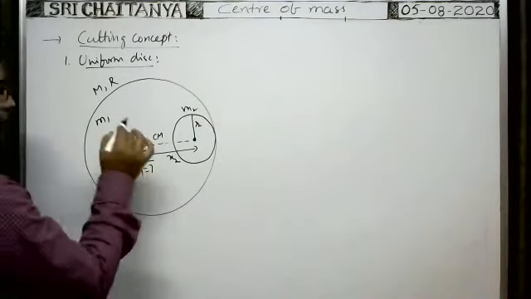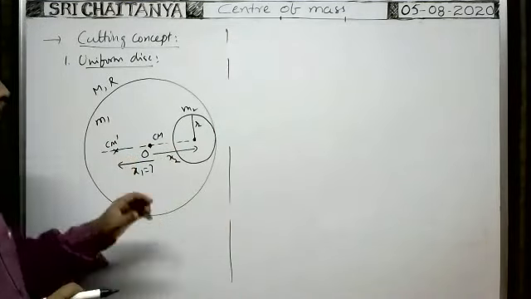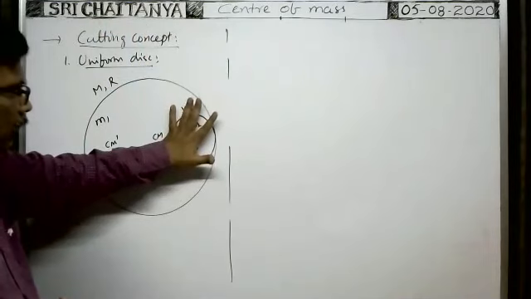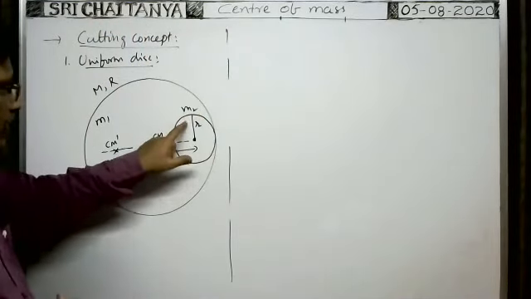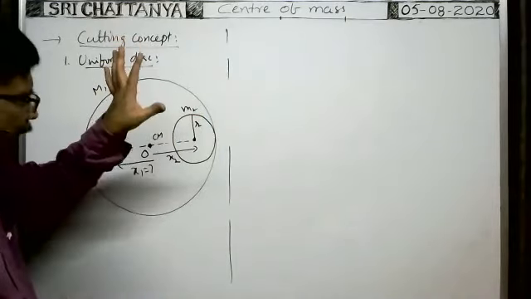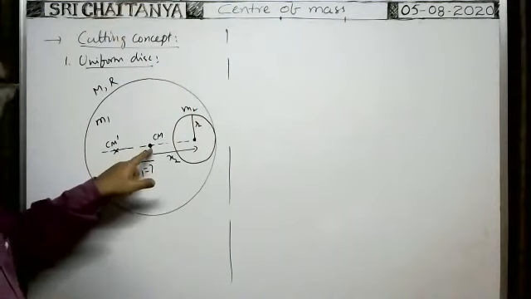Okay, it is origin. Now all of you listen carefully. Very simple concept it is. Whenever this removed part is kept as it is at the same place, mass of the removed part is m2, remaining part is m1. When the removed part is kept as it is at the same place, where the center of mass lies? Exactly at the origin only.